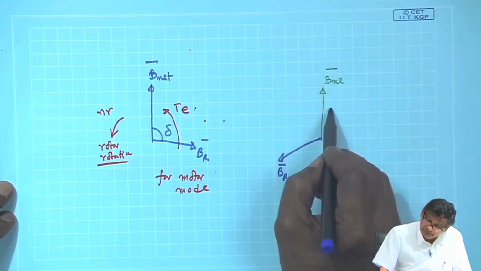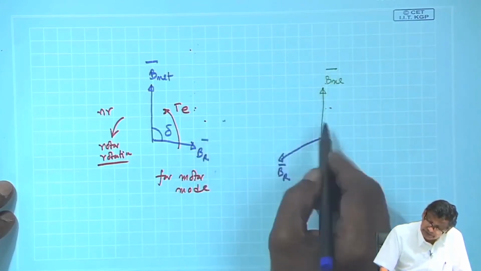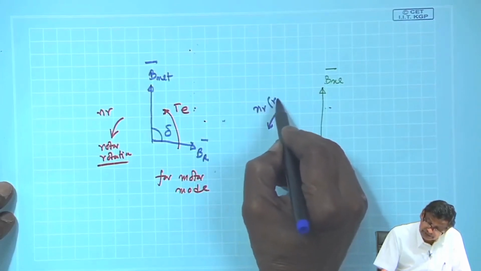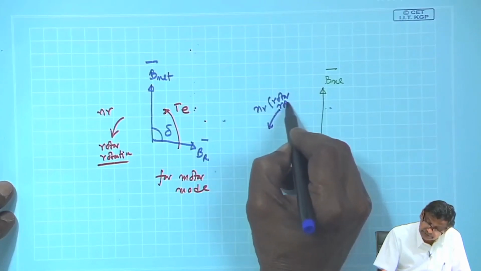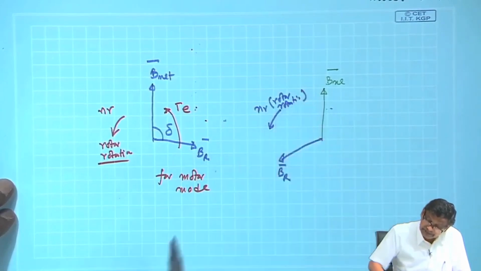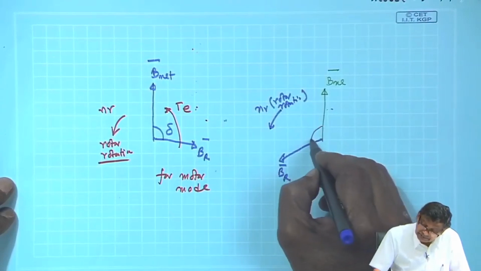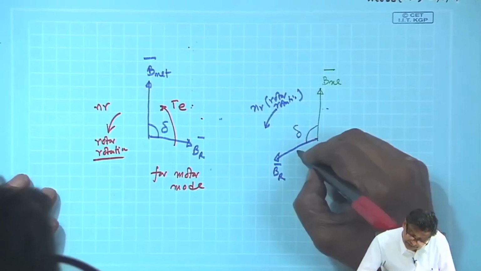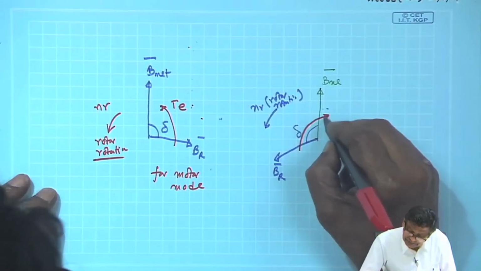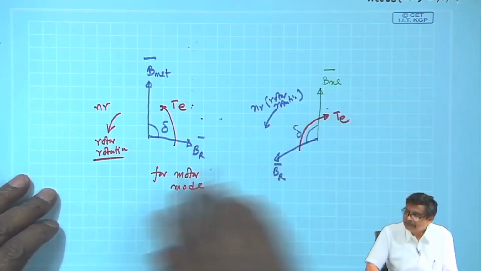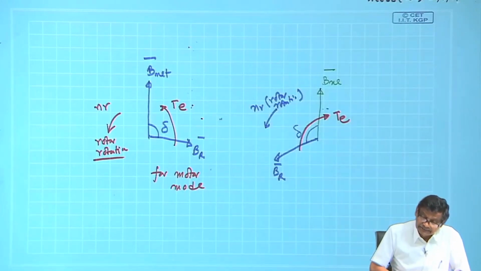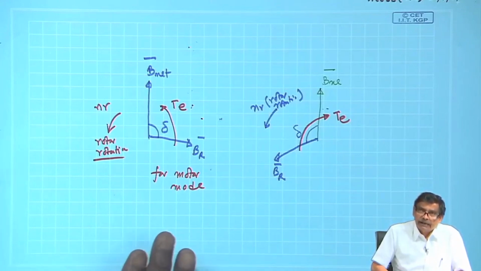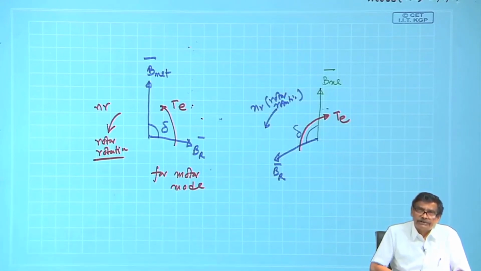Direction of rotation of the rotor is once again this way, delta torque angle is this, but the direction of the electromagnetic torque will be this way. So, this is the thing we should be keeping in our mind,